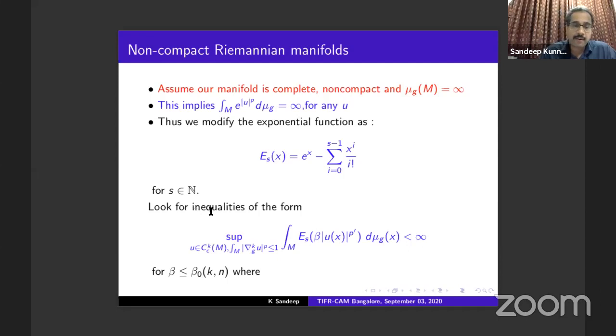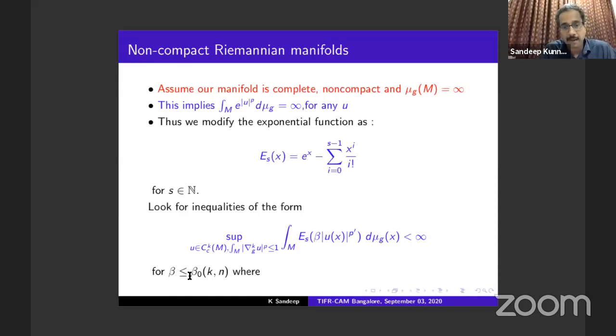So can we look for inequalities of the form, the same thing here, the supremum over u in C_c^∞ of M, with the kth order gradient of u, I take the pth power, less than or equal to 1. The constraint is as before. And then instead of the exponential, I replace it with e_s. Okay, and I put this condition, and then the question is, can you say that it is less than infinity, and such that this holds for all beta less than or equal to beta naught of k, n? Okay, so that is the modified question that we are going to ask on the non-compact Riemannian